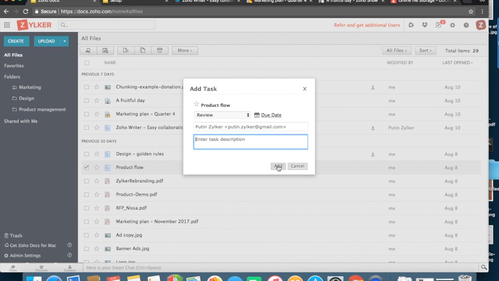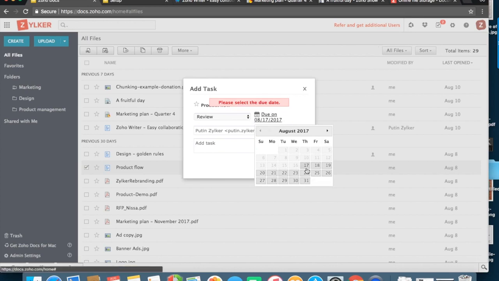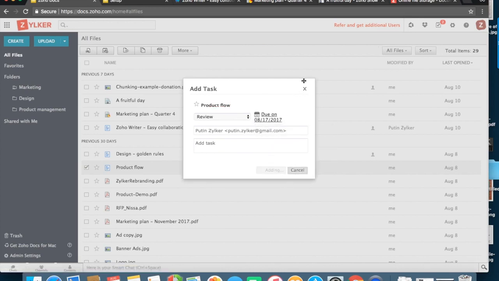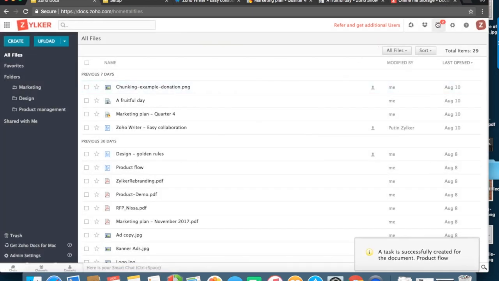Once you're done, you can just click the add button over here. Once you add the task, all your tasks will be listed over here on the top.